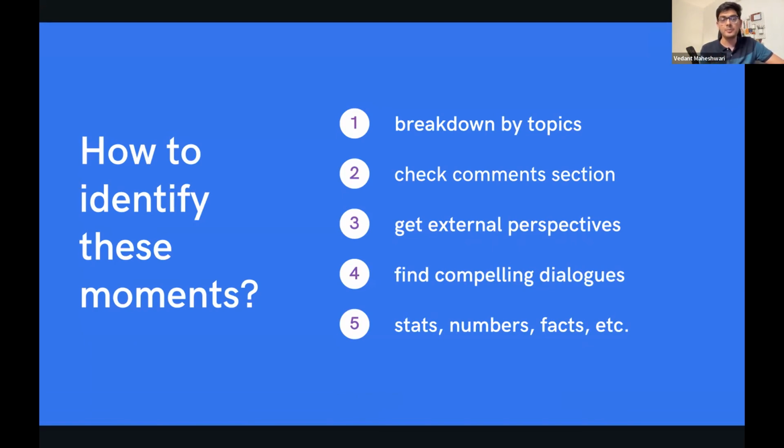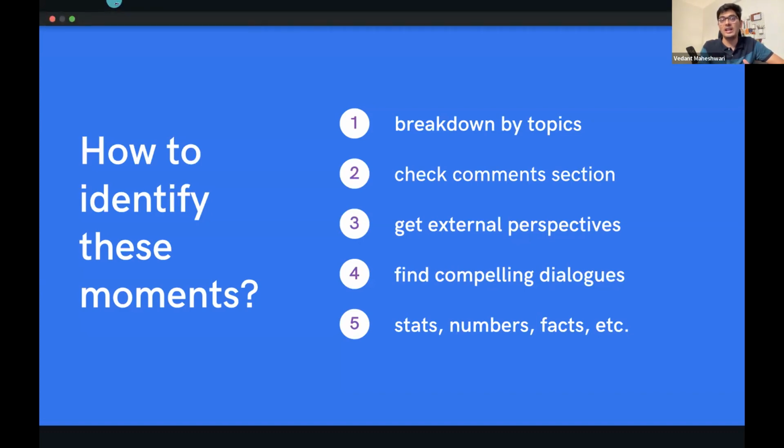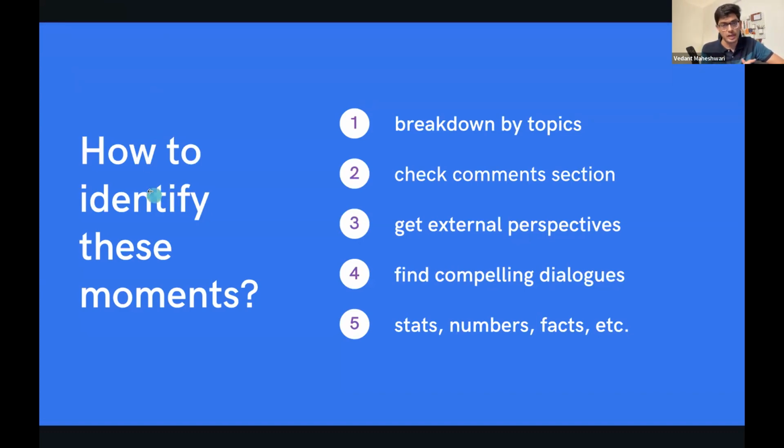Get some external perspectives. This is very important primarily because if you're working on the same content day in and day out, for your brand, for yourself, or for whoever you're working with, you tend to get a very siloed view of it, right? So it's very good to get an external perspective of somebody who doesn't watch this content as much as you do, to understand, okay, if something is resonating with you as the person who's working on this content, does it also resonate with the people who are watching this content, like literally the consumers that you have?